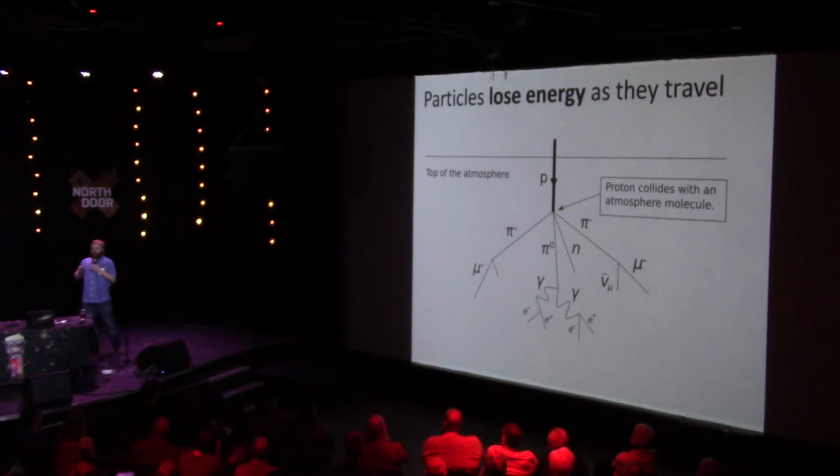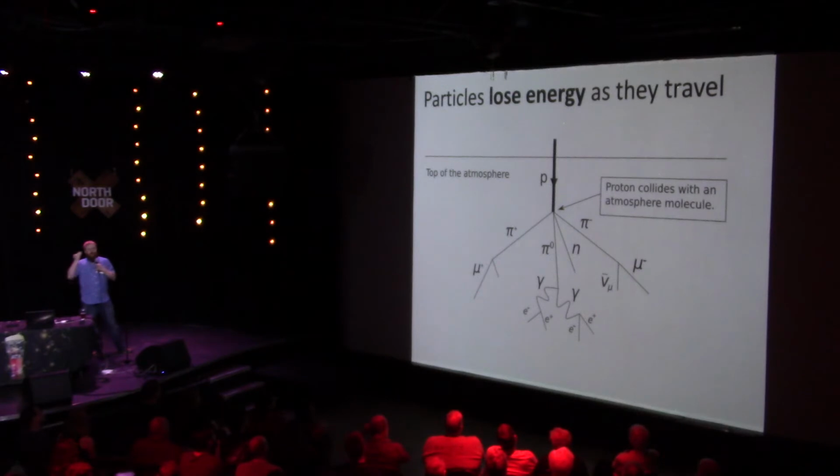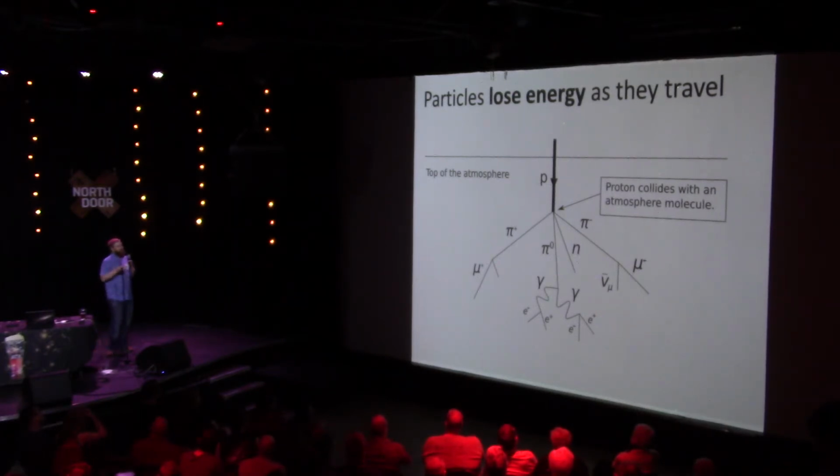And in fact, when you take the Milky Way and you portion out all of the energy in the gas, about a third of the energy comes from the magnetic field, about a third of the energy comes from the thermal energy of the gas, and the other third comes from the cosmic rays that are going through the gas. So the cosmic rays are incredibly important, and the magnetic fields are incredibly important.